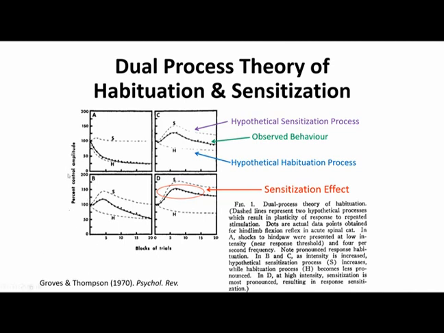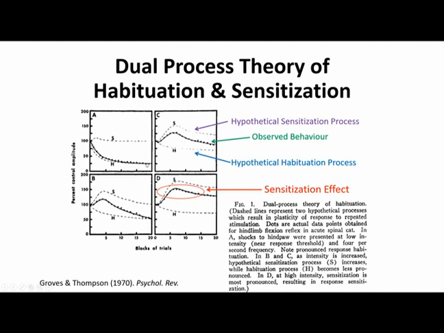So if we look at box A, it is low shock intensity, and we have our S for our hypothetical sensitization process as that dotted line across the top, our H at the bottom as our hypothetical habituation process, and then the dots connected by a solid line are the actual observed behaviors. And so in A, with very low level shocks, the cats very, very quickly stop responding to them, and we